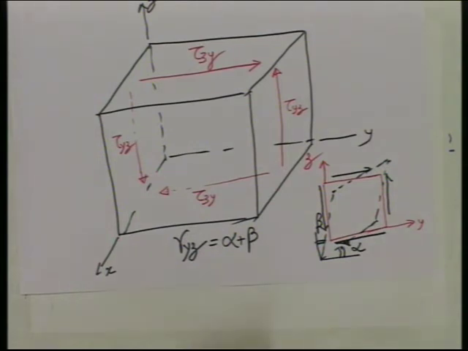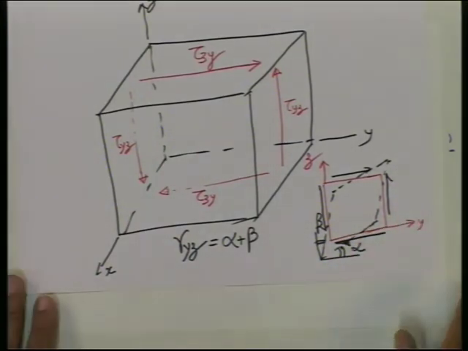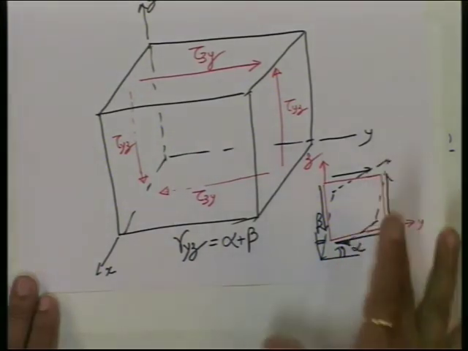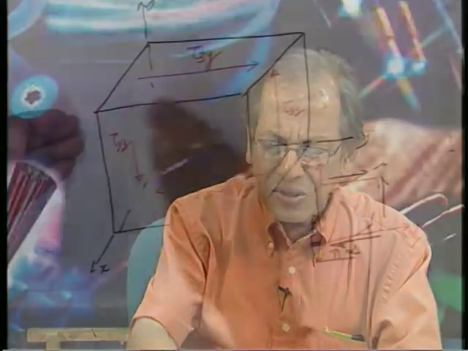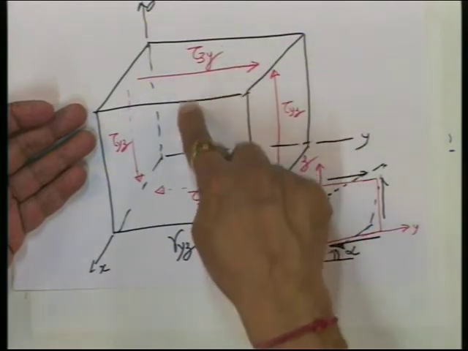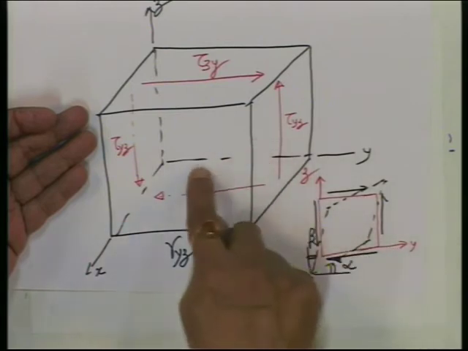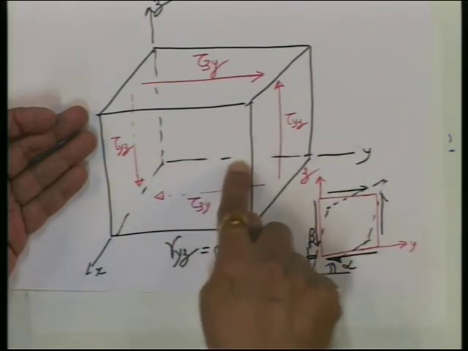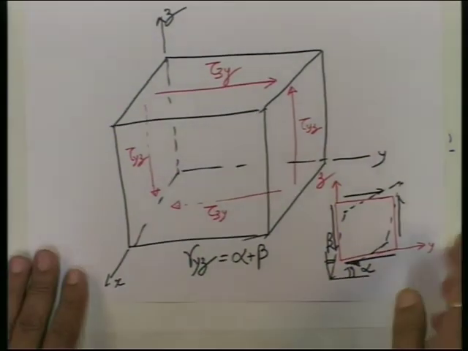So, this must be kept in mind, and there is no normal strain that is produced because of this. It produces only this shear strain. In fact, between this plane and this plane, this 90 degree will be maintained. Between this plane and this plane, this 90 degree also will be maintained. So, it is only changing this. So, no other shear strain, only the corresponding one. So, kindly keep these diagrams in your mind.